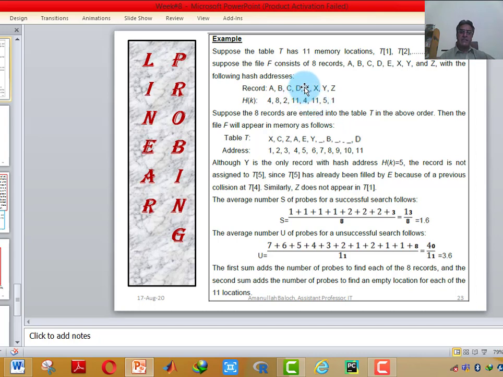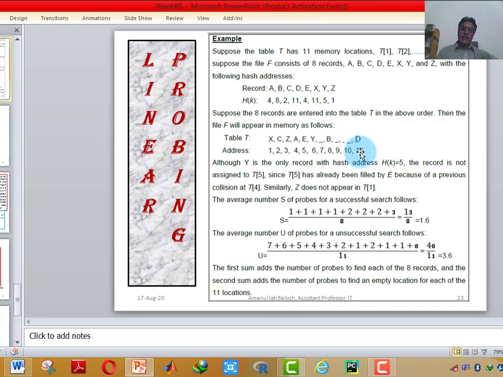But E's hash address is 4, which was already occupied, so E searched for the blank location and stored itself at location 5, so it will take 2 unit time to store itself. So for the successful search we consider the time 2 for E. Similarly, X's hash address is 11.